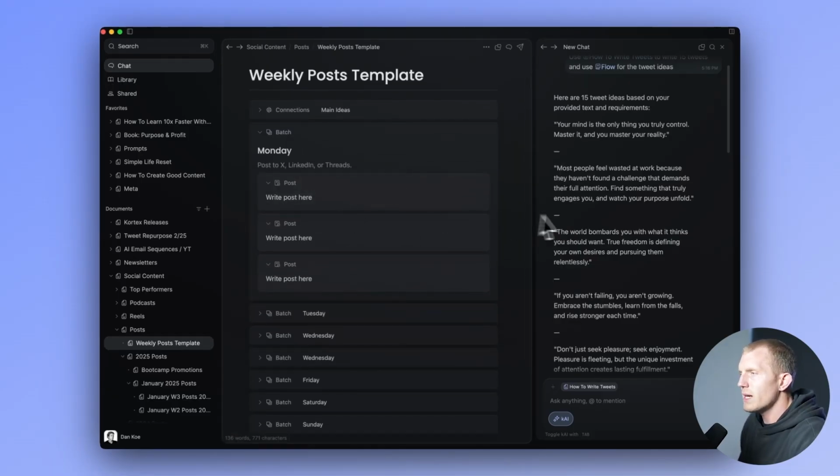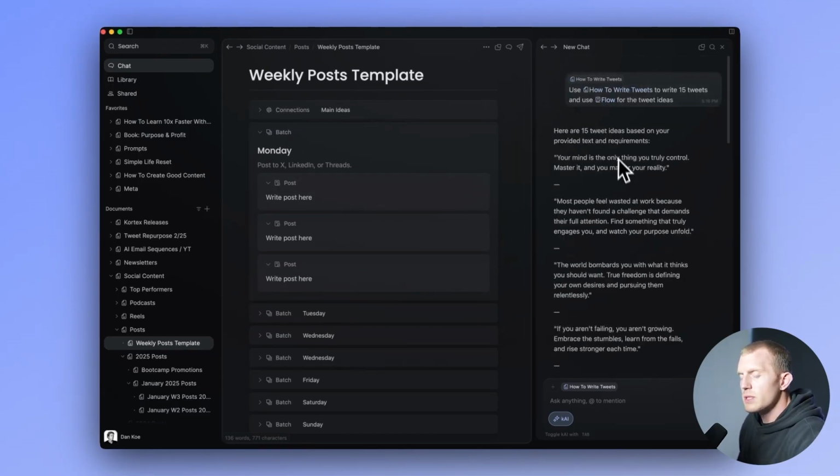Where you write posts. So if you need post ideas, you can ask Kai to give them to you from a specific thing. If I write a newsletter each week, it's kind of hard to pull social media post ideas from that just as it's written. So I like to ask AI to give me tweets about it so that I can use those as starting points for ideas, because AI writing in general still isn't the best at doing it all for you, nor should you want it to do it all for you,